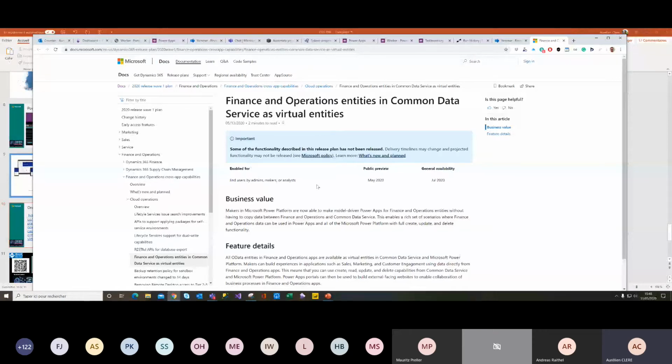Microsoft has said that, it's not maybe, it's coming, they will add the ability to sync your data entities from finance operation to your CDS directly, without CDS dual write, but with virtual entity.